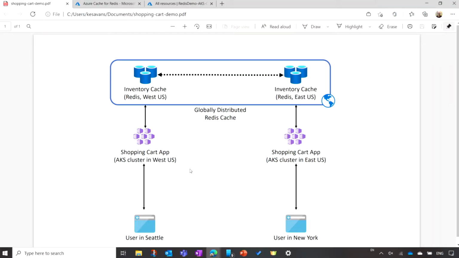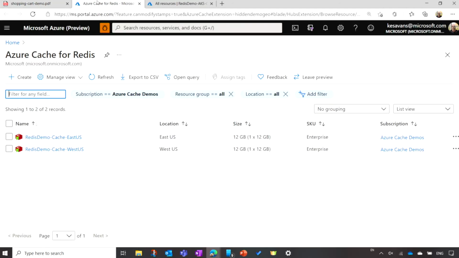Typically, in a shopping cart app like this, you would have the application instances behind a traffic manager so that you have a single endpoint that the clients will talk to. However, for the purpose of the demo today, I'm going to keep 2 separate endpoints, and I will have one user in Seattle talking to the application instance in West, and another user in New York talking to the application instance in the East. Here I'm at the Azure portal, where I'm showing you the 2 caches that I've already